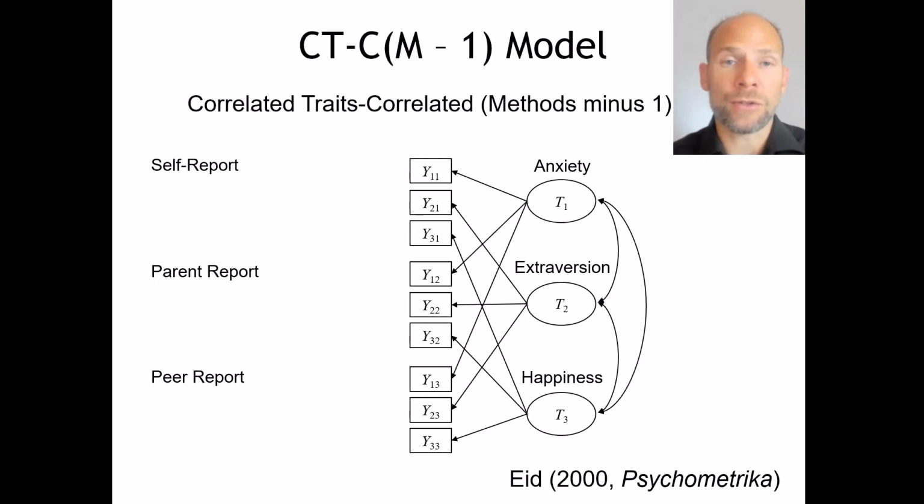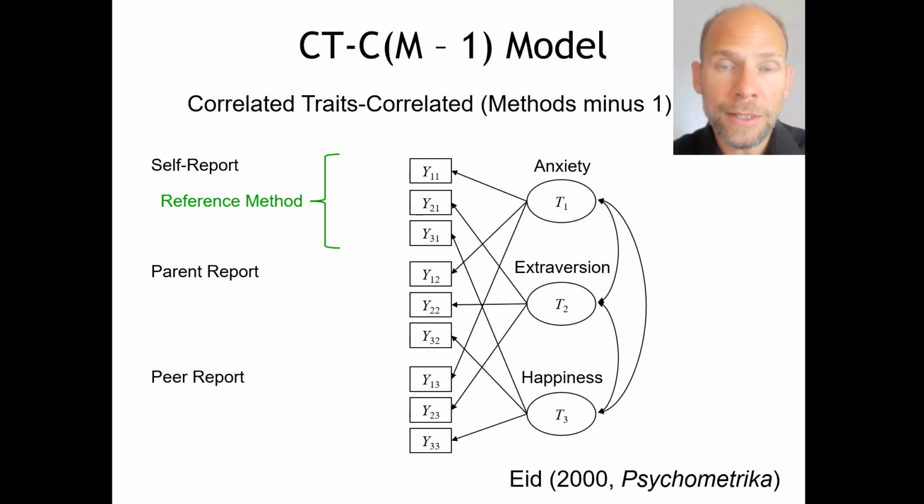So they may rate extroversion high, happiness high, anxiety low, even though there may be nuances in those traits where it's actually maybe not so highly correlated. So those are rater effects, halo effects, shared method variance, and they also need to be taken into account in the model. And therefore, in this model, we are selecting one method as reference, for example, the self-report, because when